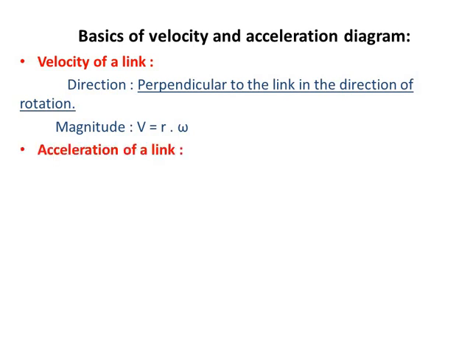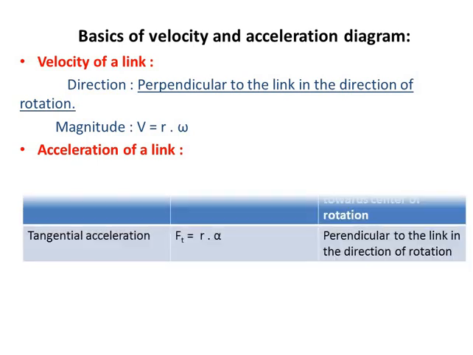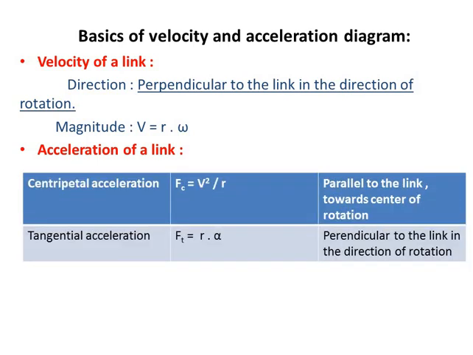Acceleration of a link. If a link is having turning motion, then acceleration of link will have two components, centripetal acceleration and tangential acceleration, and the resultant of these two accelerations will be the net acceleration of a link. Centripetal acceleration will be given by Fc equal to v square by r, where v is the linear velocity of link and r is the length of the link. So this is the magnitude, and the direction will be parallel to the link towards the center of rotation. So direction of centripetal component will be always parallel to link, but it should be pointed towards the center of